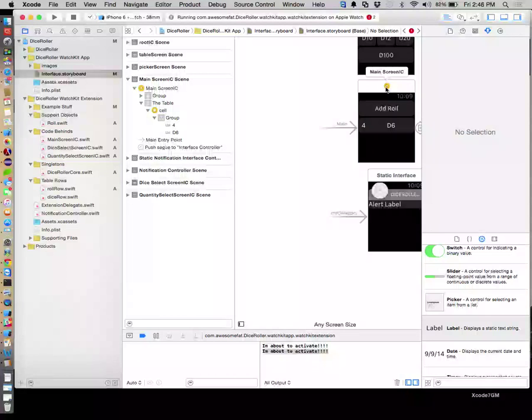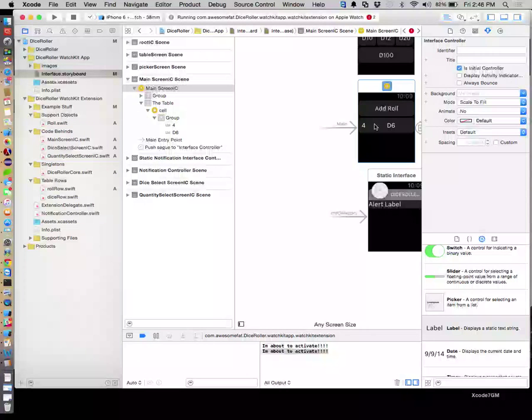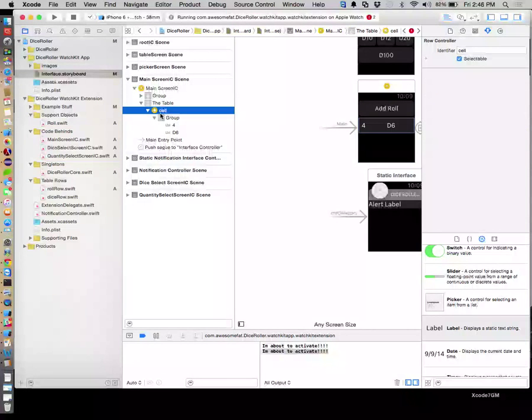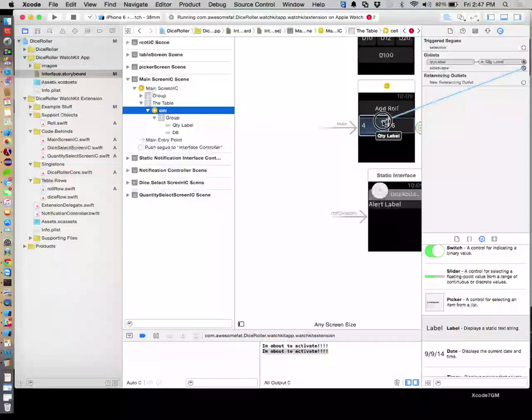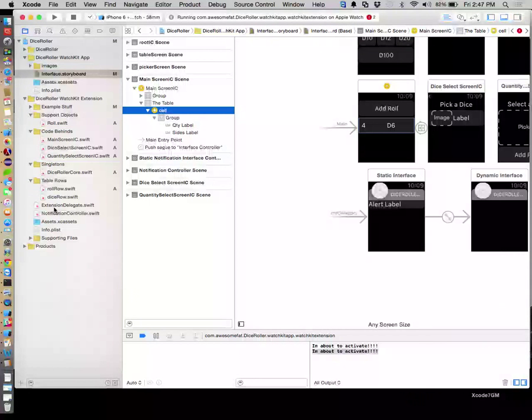Okay, so now we want to go up here. Actually, we want to click on cell. Go to its outlets. Quantity label is going to be hooked to that guy. Sides label is going to be hooked to this guy. Okay, so that's how those guys will get set up. So now, as we are going through our thing to build our table inside of our main,